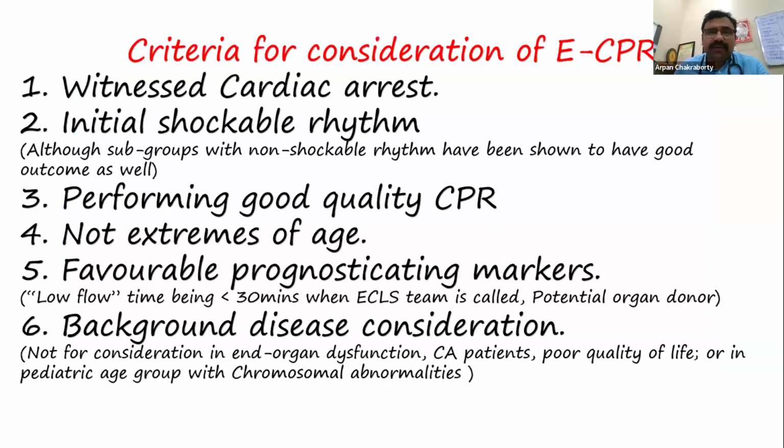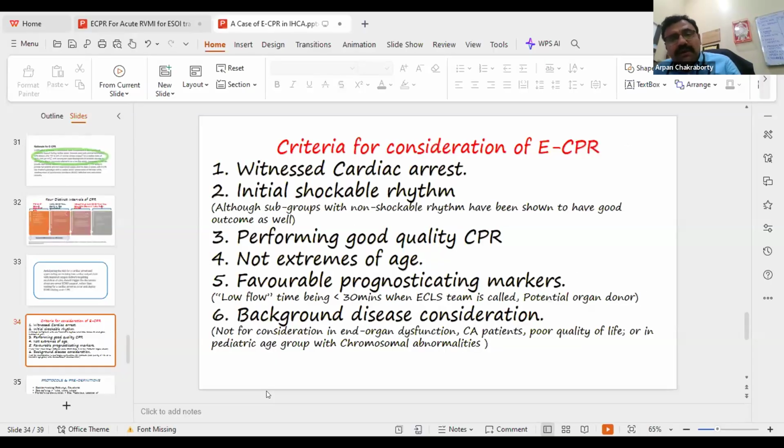Now, the criteria to consider for ECPR are witnessed cardiac arrest, initial shockable rhythm, good quality CPR being performed, no extremes of age, favorable prognostication markers, and background disease consideration. So with that, I'm concluding my talk on ECPR, and then I'll give a talk on ECOR, then I'll